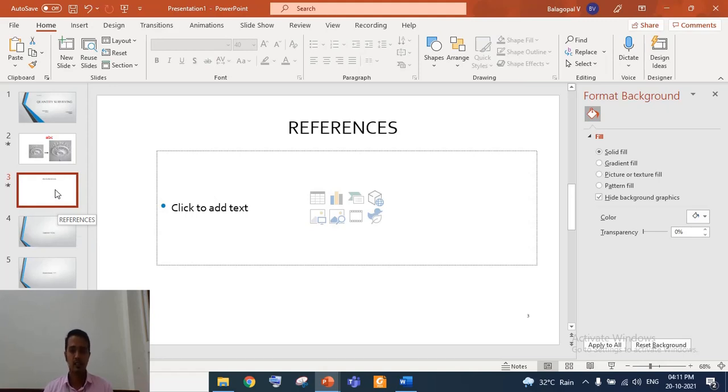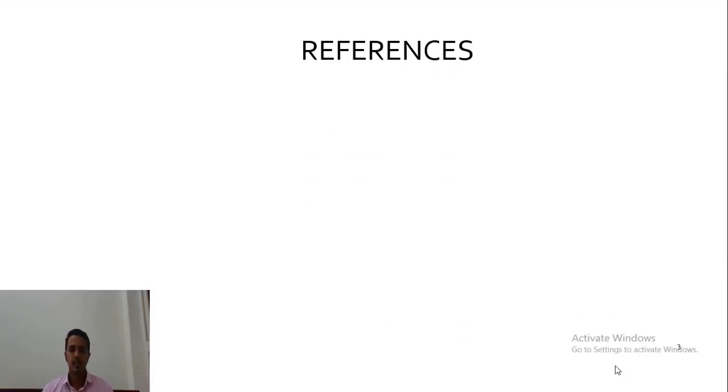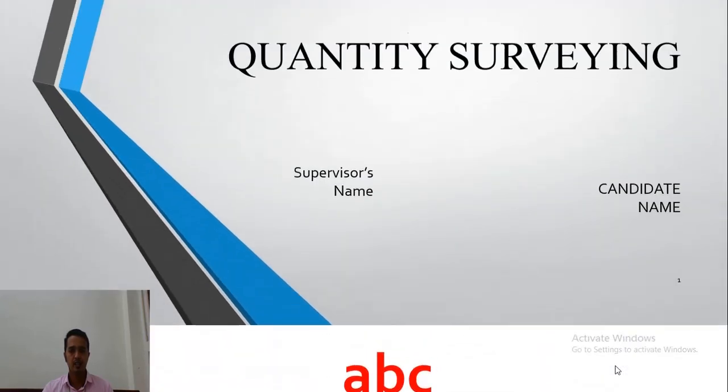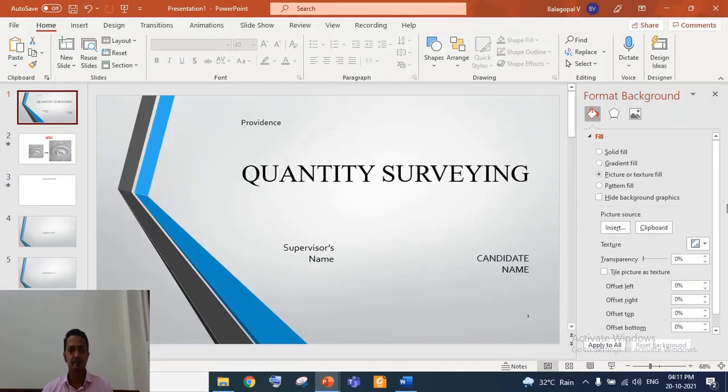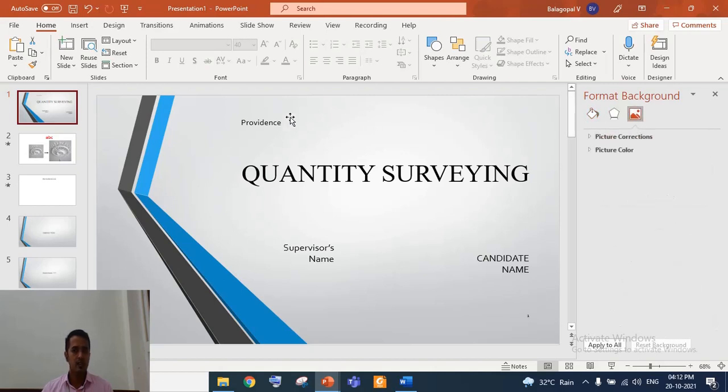These are all the basic things you need to know for preparing a presentation. These are all very simple things. Once you prepare, if you want to know how it looks while presenting, you can go to the slideshow option here. You can select the slideshow here. Okay, like that you can change the different slides. Here there are many options for changing the background. There are n number of features for this PowerPoint. You can explore it gradually.